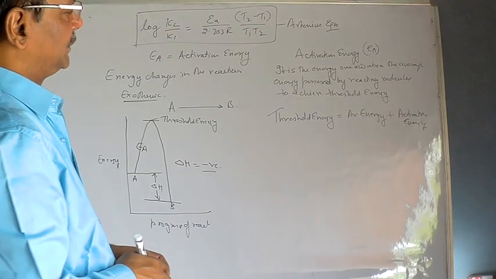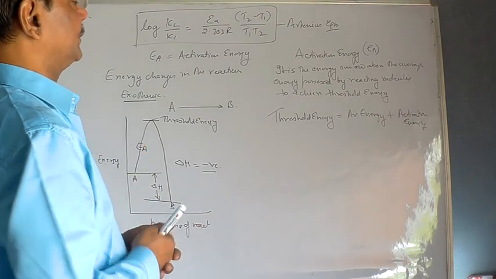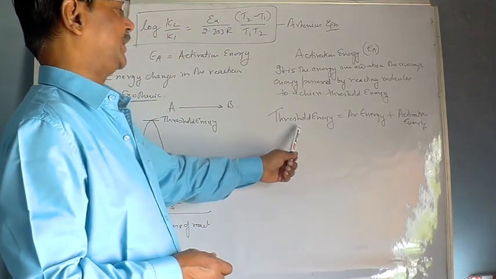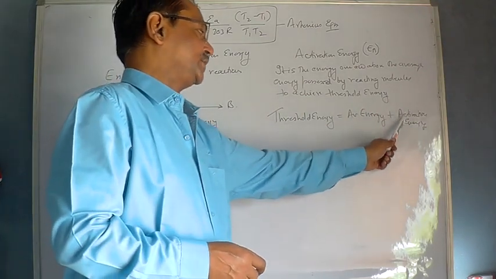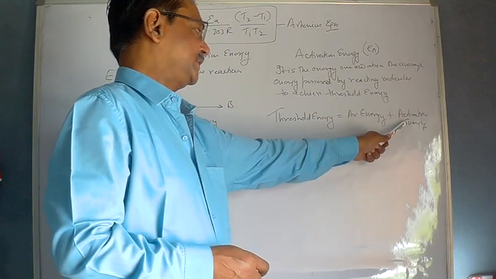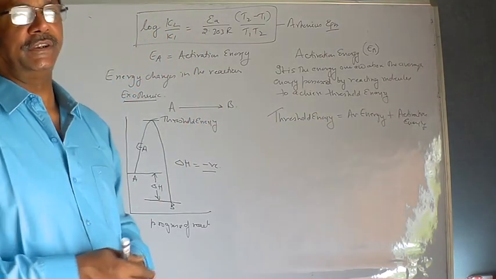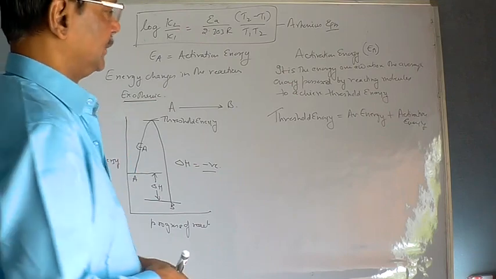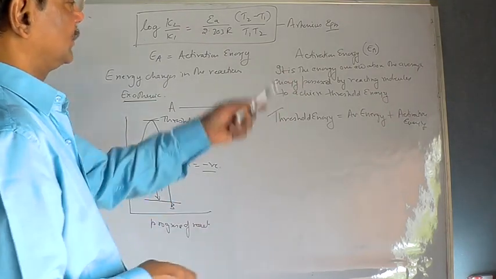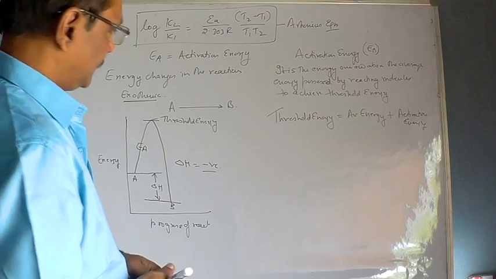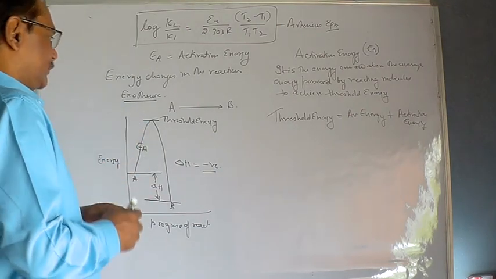Class, you know from Maxwellian distribution curve, maximum reacting molecules possess average energy. So if they want to go into the reaction, they must achieve this activation energy. Once they get their activation energy, they will reach threshold energy level and they will enter into the reaction, and the reaction will start at a very fast rate. Till they are not achieving activation energy, the reaction will take place at a very slow rate. Class, this was the graph for exothermic.